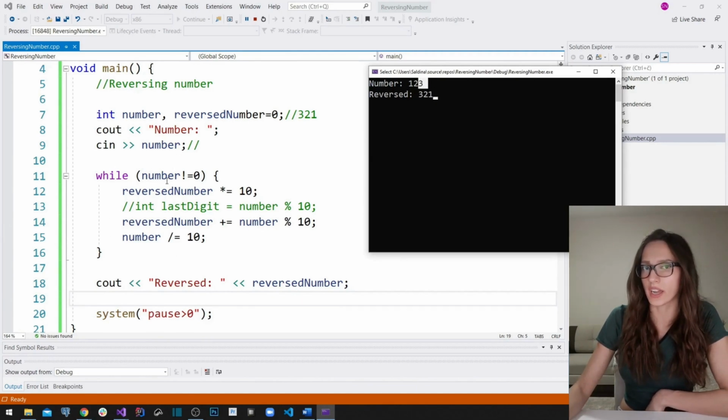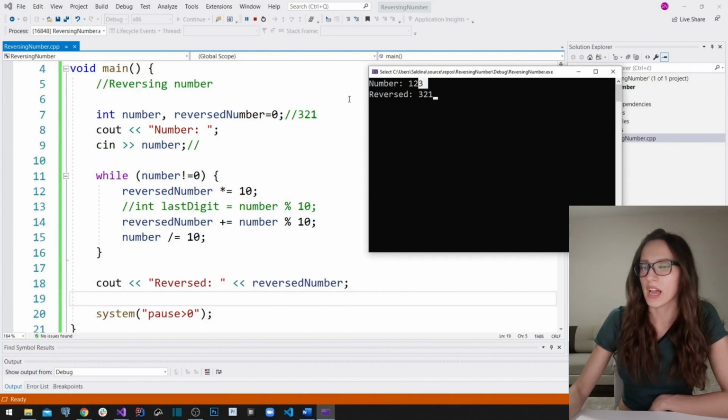here, it is going to check again whether our number is not equal to 0. And our number is going to be 12 in that situation, so that is not equal to 0. So it enters here again. It executes this block of code here. So it says again, please multiply my reverse number by 10 and assign that again to my reverse number. So our reverse number was 3, and if you multiply 3 by 10, you're going